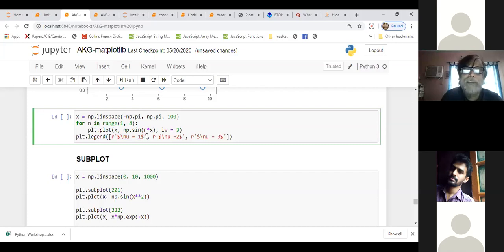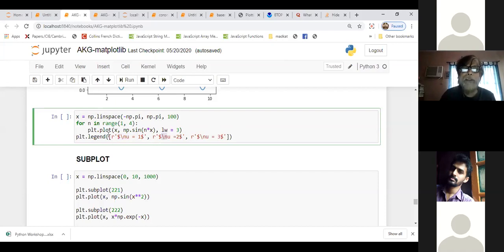Since this is a string, you have to put inverted commas on this side and that side. And you also have to write a small r, which means it's a raw string. You may write this blindly, but the more you go through this, the more you get to know the meanings of these things. So inside that legend, you write this, nu equal to 1, 2, 3.